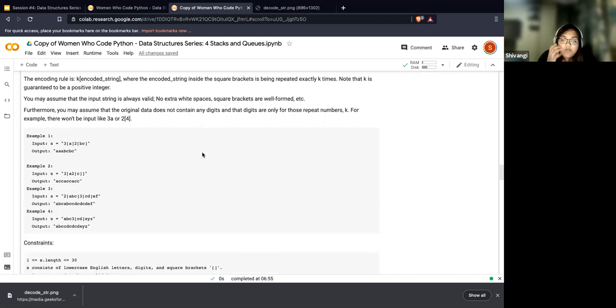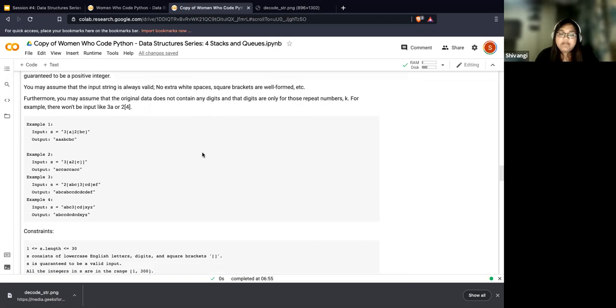Okay. One assumption we are making here is, again, the input's always going to be of a valid type, right? You won't have any unwanted characters. The square brackets are balanced and stuff like that. So you don't actually have to handle those cases. So now let's just go through the example, right? So it will be much easier to understand what's exactly happening here.